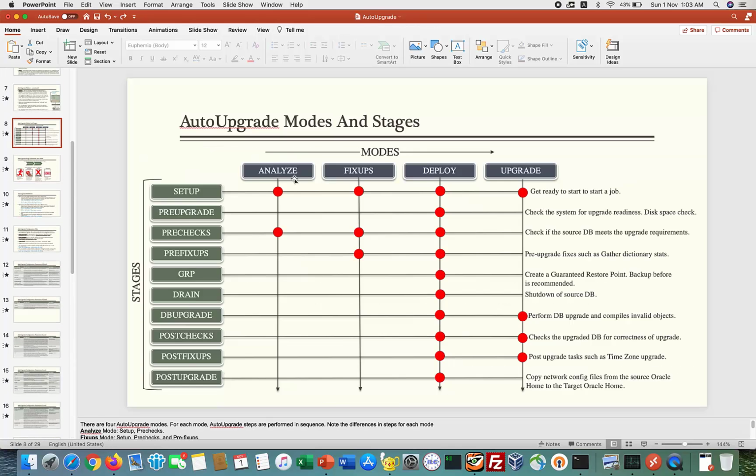Here I go to various different modes. One can start an auto upgrade, one can start separately analyze, separately fix up, or deploy. This time I am not going to run analyze and fix up. I am going to directly run deploy, because I know already beforehand that analyze and fix up related activities are